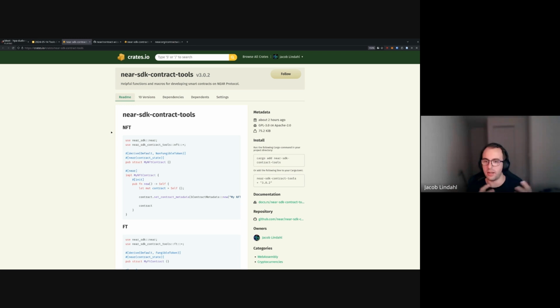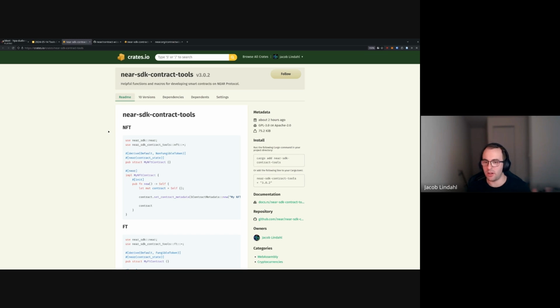I often implement the same thing, right? I'm often implementing pausability or ownership or some sort of role-based access control, as well as fungible tokens. And then non-fungible token is just a logical complement to that. So this is really a highly dog-fooded crate, because it's built mostly out of components that I myself have found a need for.